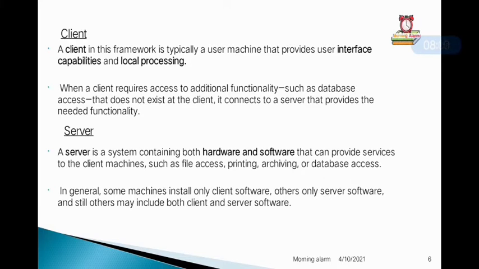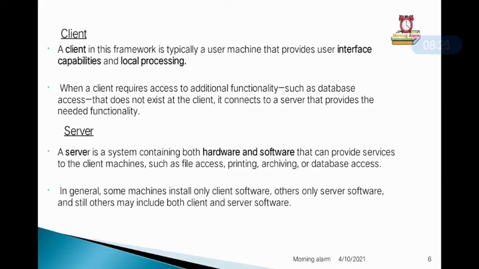Let's see what is a server. A server is a system containing both hardware and software that can provide services to the client machines such as file access, printing, archiving, or database access.